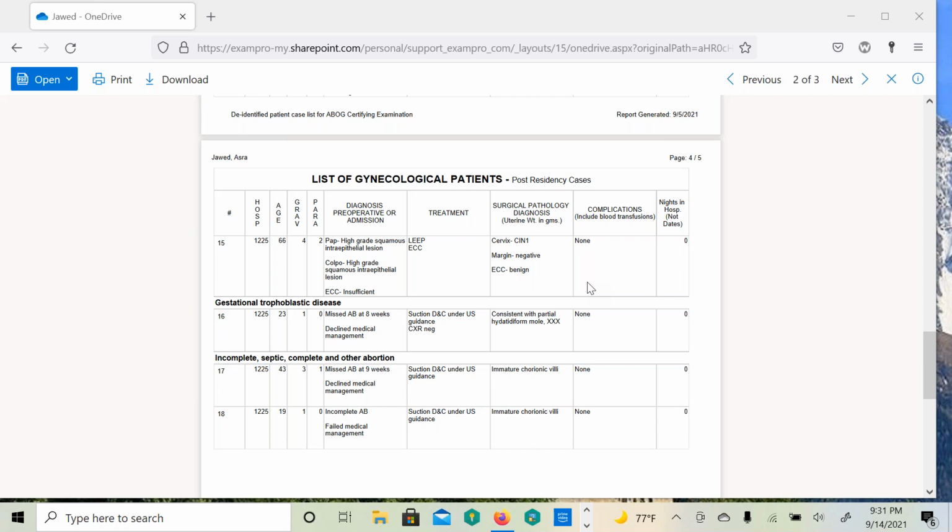So how does that lean you? Are you leaning more toward LEEP or more toward cone in that case? I would be leaning more towards a LEEP. Good. Anything you're aware of as far as a postmenopausal woman's cervix for which a conization would be preferable to a LEEP? Any particular feature of how a postmenopausal woman's cervix is constructed?